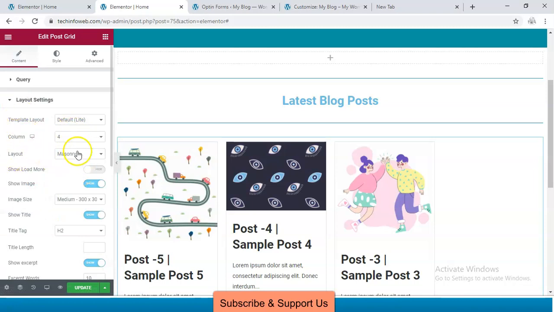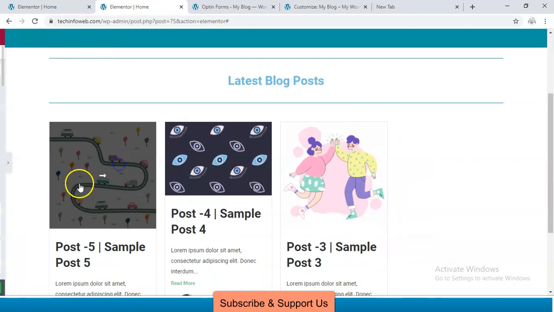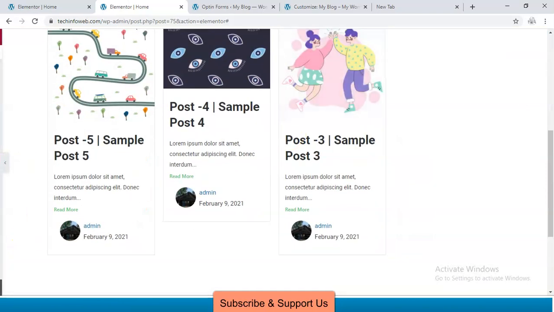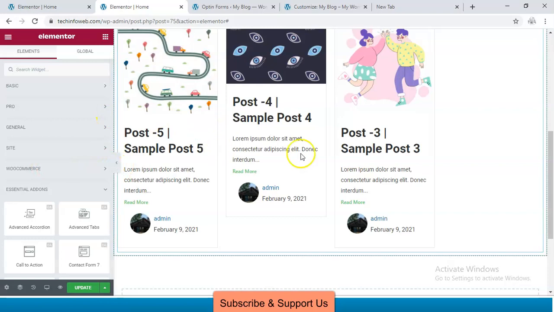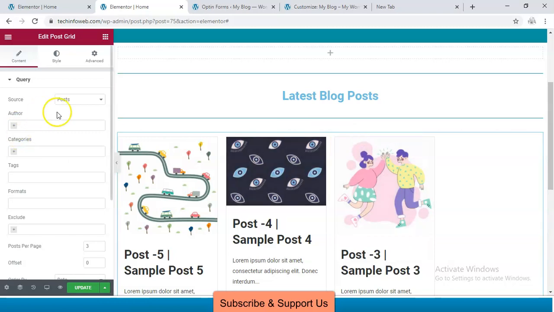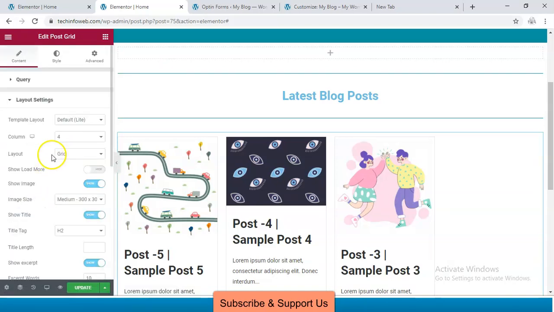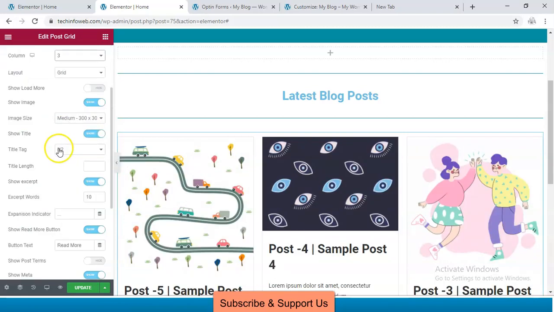Choose the grid layout. Set the columns to 3. So the columns are set to 3 and the layout is grid layout.